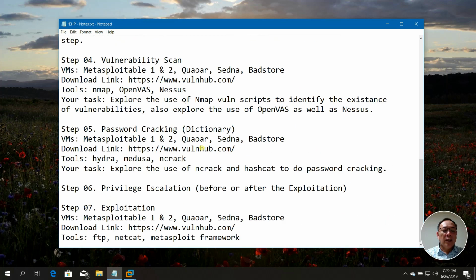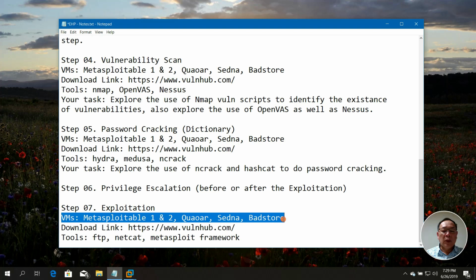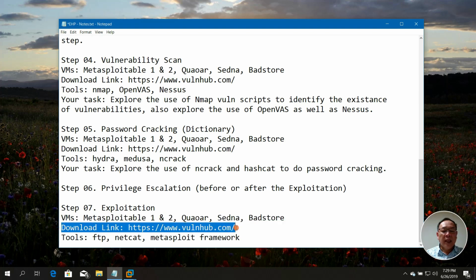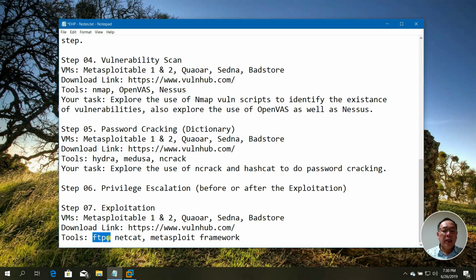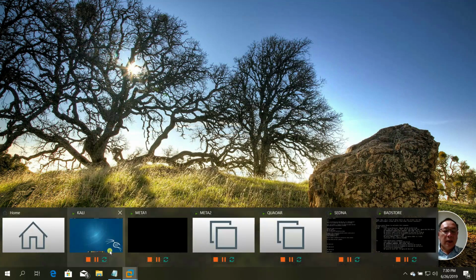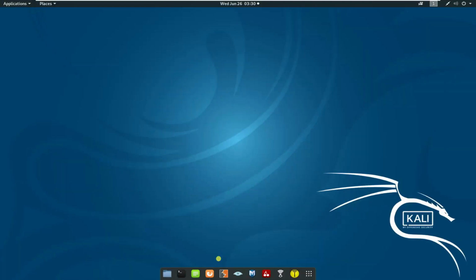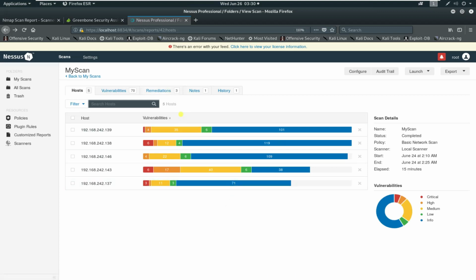In step 7 here, I'm still using the same VMs, which can be downloaded from the Vuln Hub. And I'm going to actually use the normal FTP, Netcat, and also the Metasploit framework. Okay, so let's start. Okay, so I'm going back to my Kali. So first, I'll check the result of